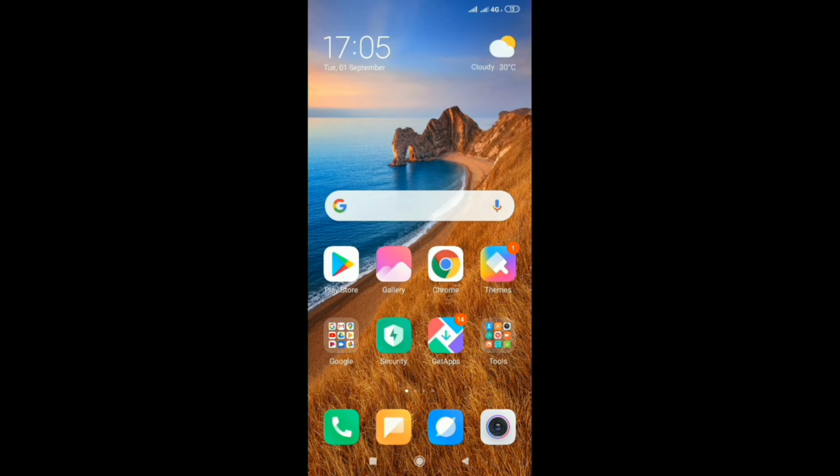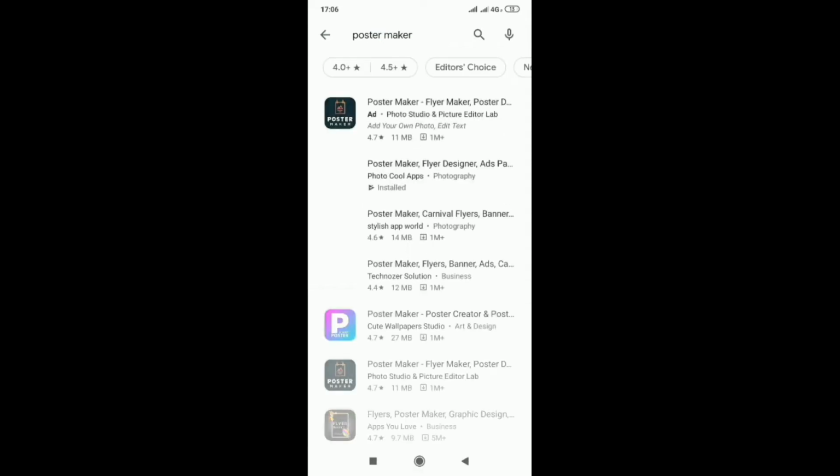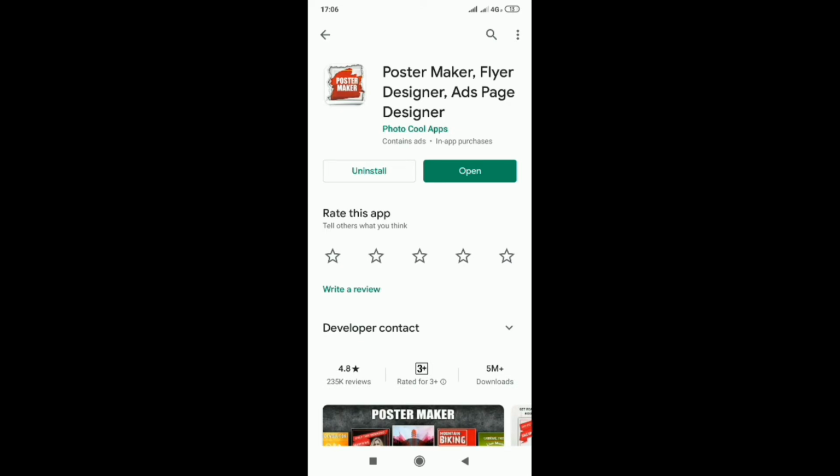In this video, I am going to show you how to create GIF using your Android smartphone. For this, we need two apps. First of all, we need an app for making images. That is, I am going to use the Poster Maker app for this. I have already installed it, and the next we need